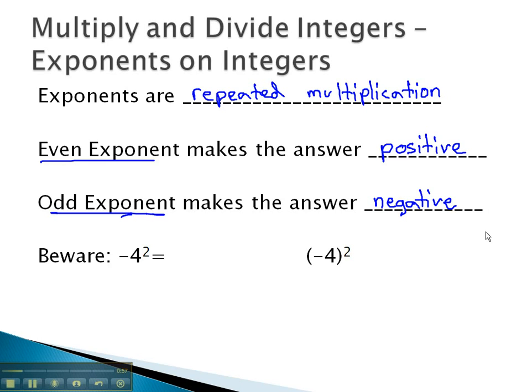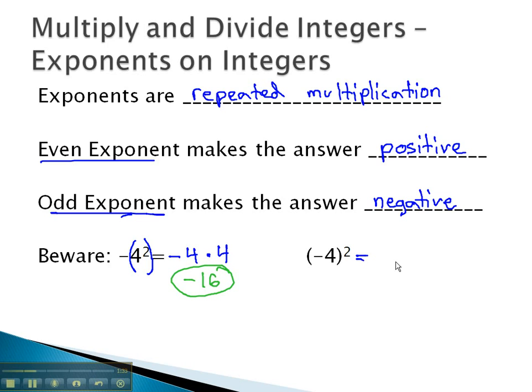I do want you to be aware of a slight difference, though, between two very similar-looking problems. Negative 4 squared and negative 4 in parentheses squared. We want to be very careful with exponents because exponents are only going to affect what they're physically attached to. So in this first problem, negative 4 squared, the only thing repeated, the only thing squared is the 4. We really have the opposite of 4 squared, or 4 times 4. As you can see, a negative times a positive will give us negative 16 for this first answer,